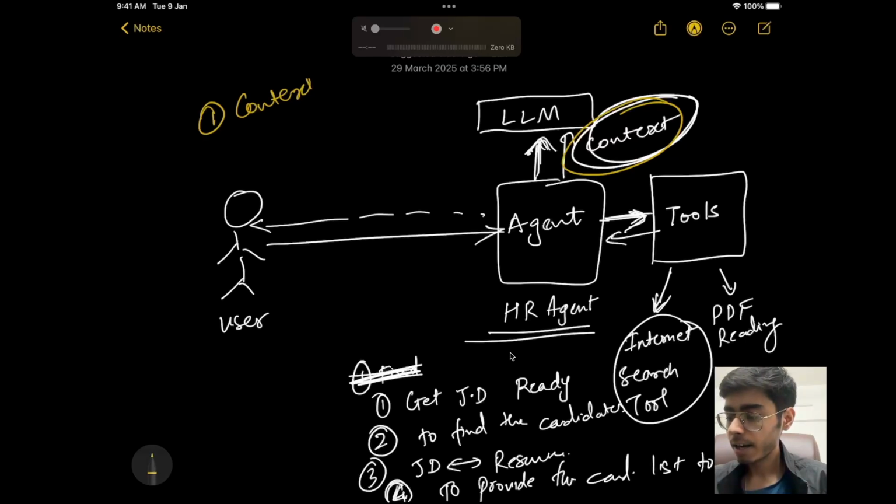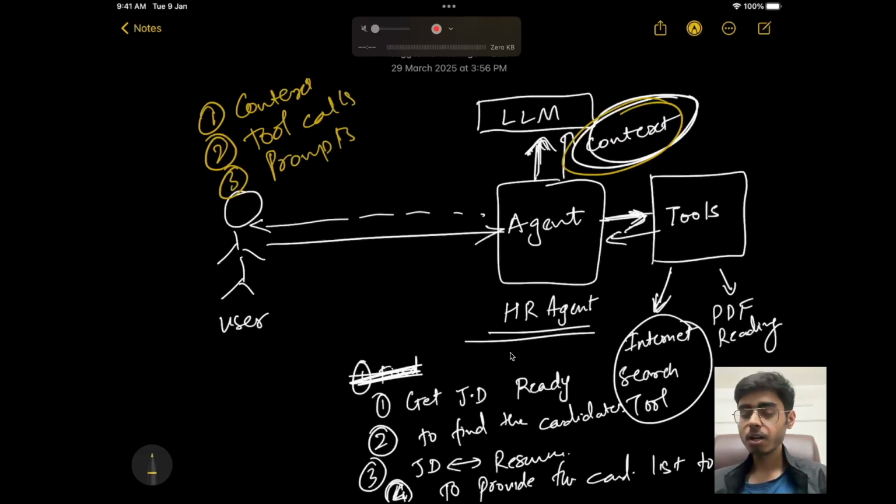context, and next is the implementation of these tool calls. And third can be even the prompts, because at the end, when you are going to the LLM, you're going ahead with the prompt, and with that prompt, the context will be there, right? And based on the response, you will be making a tool call, right? And most of the times,